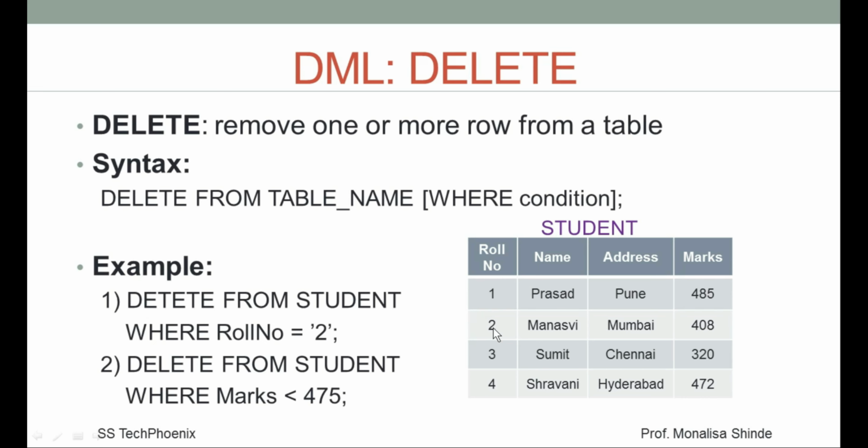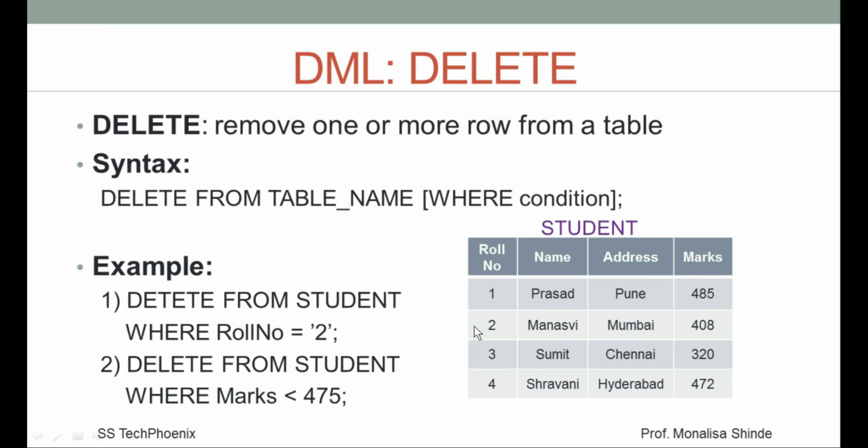No. Is it satisfied for this one? Yes, roll number 2, this where condition is true for this record. The system will again check whether the condition is true for this, and for both the condition will be false. So the system found only one record which is satisfying the where condition.